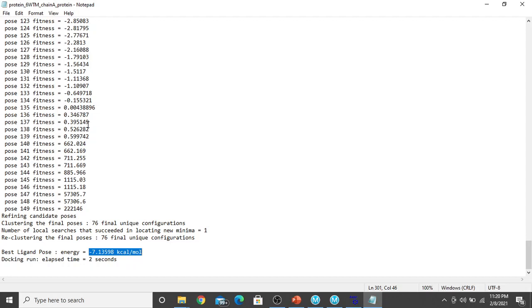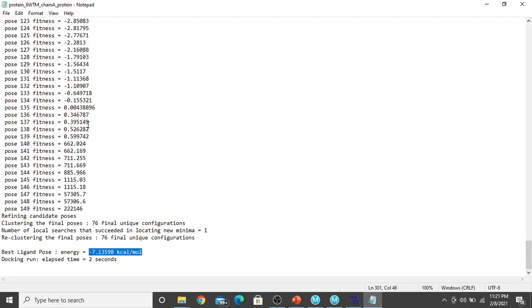That is because Argus Lab uses some minor algorithms for finding the poses. So all the poses cannot be identified by it. Okay, that's one of the drawbacks of Argus Lab. That is, this software Argus Lab can be used to study the basics of docking and to do some BSc projects or some comparative dockings of various software, etc.